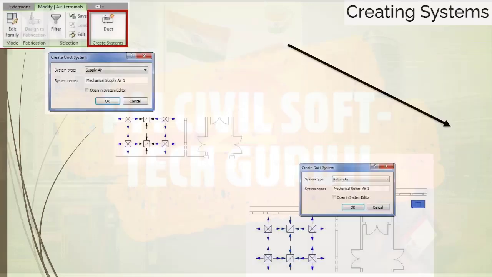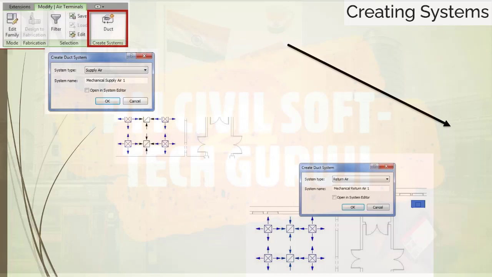After you select the diffusers and AHU, click Duct in the Create Systems panel, as shown in the figure.